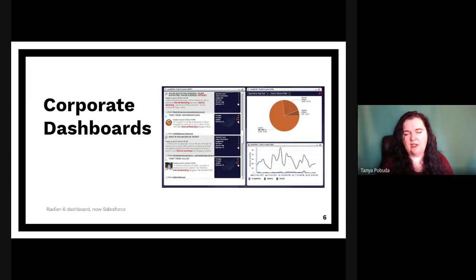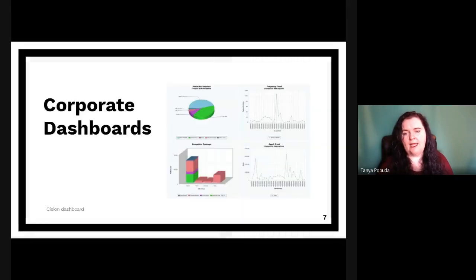How does everyone feel about a particular brand? And it's doing this kind of analysis that we're actually going to be walking through, and then you're going to be able to do after this session. And so some of these corporate dashboards would look at the compare and contrast between us and competitors,